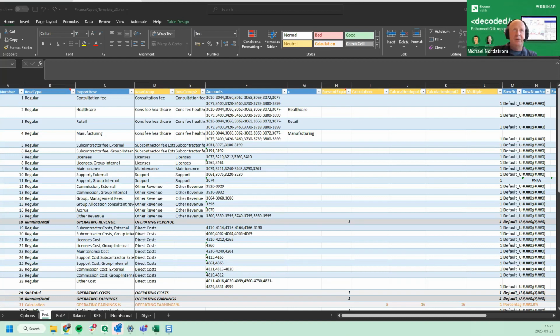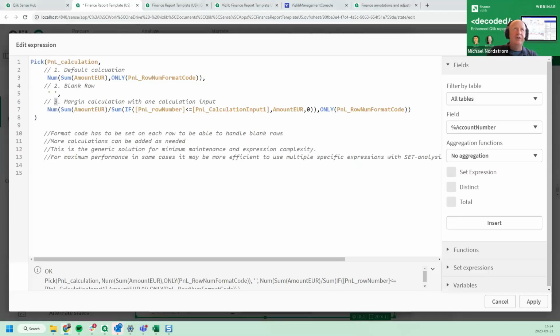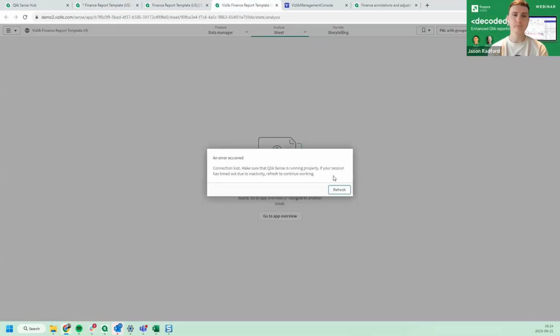Yes, it does. There is really no big difference in using this in Qlik Cloud. And that actually reminds me that I think we missed a couple of things. So when it comes to cloud, and for that matter, in general, using Finance Report with a server component. If we add a server component to the Finance Report, we actually get two more